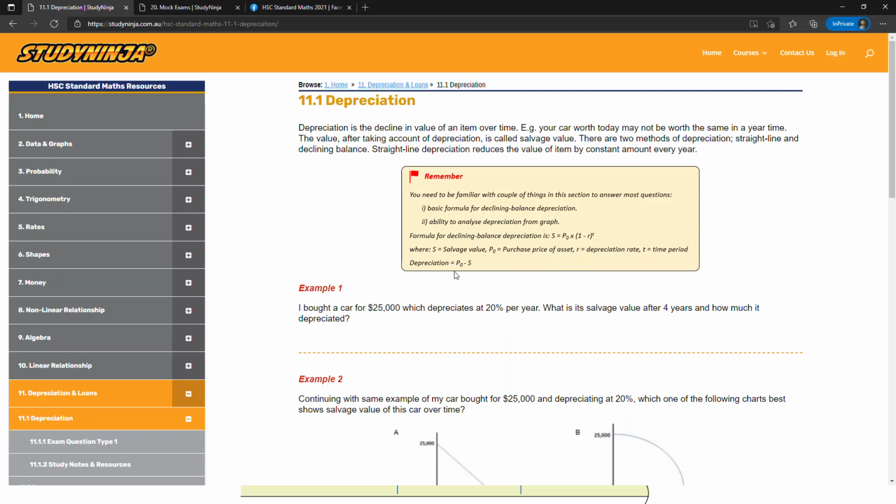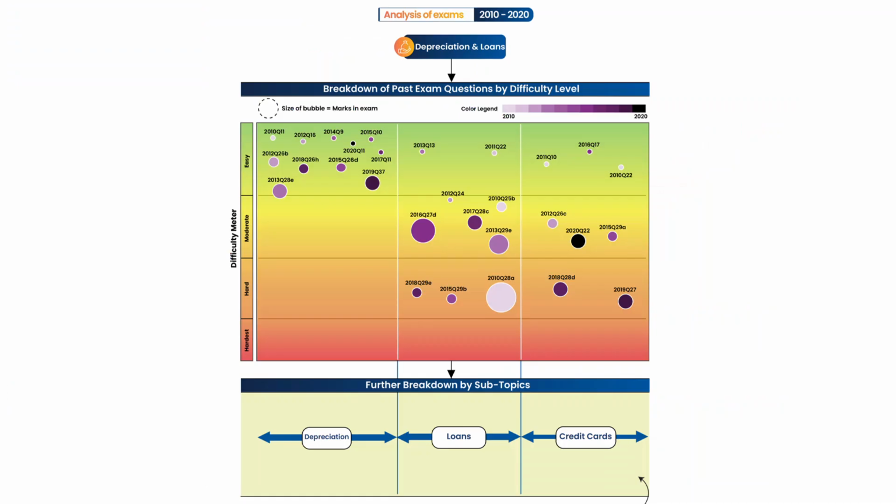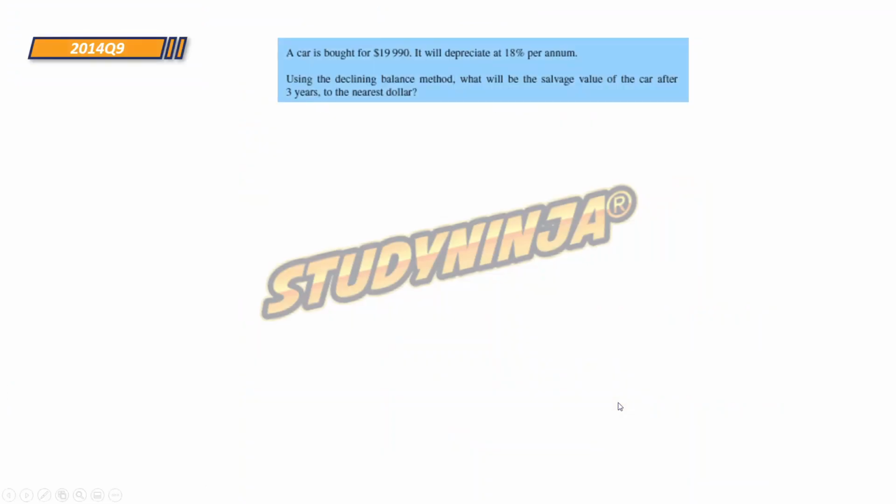The depreciation for the overall time period is the price that is bought minus the salvage value. So these are the few things that you need to know. And we'll look at all the relevant questions that have appeared in the exam to see the different ways this question has been asked. So going back again,